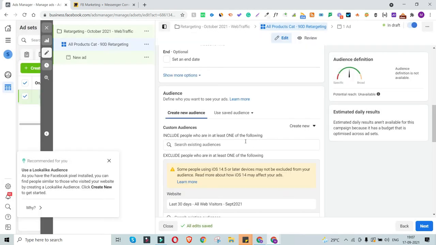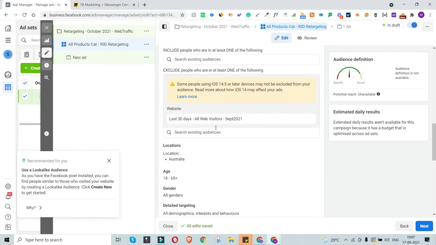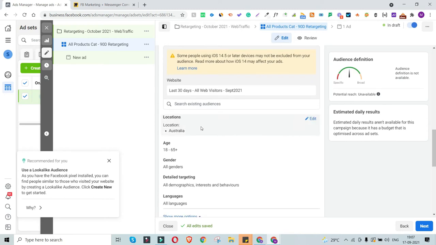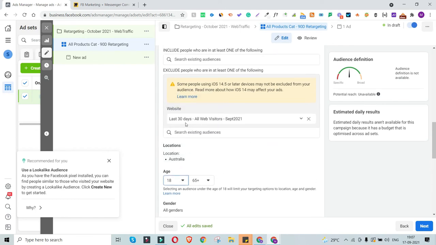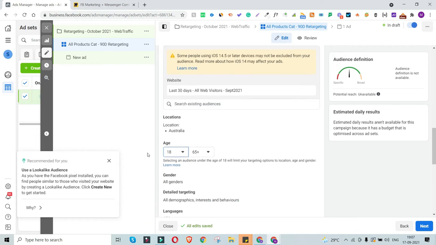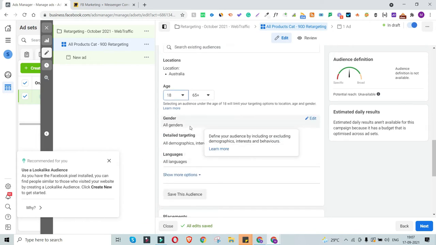So my custom audience is selected, and here you will find that your audience is selected. Now you can shortlist it based on the location and gender. So you can also restrict the location where you would like to show the ads, and also the age bracket. In my case, I would like to show this to all my audience because this is pretty much the interested audience. The reason they have visited my website is because they are looking for bags. So age bracket is not very important over here.